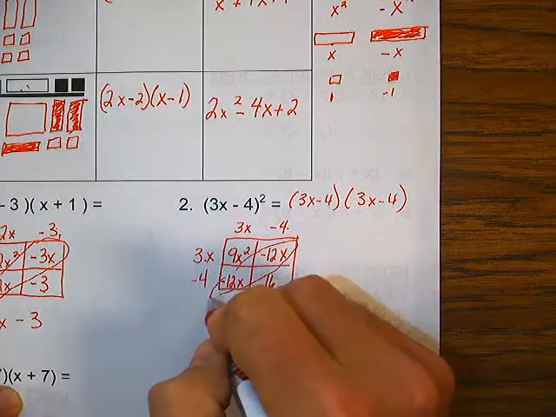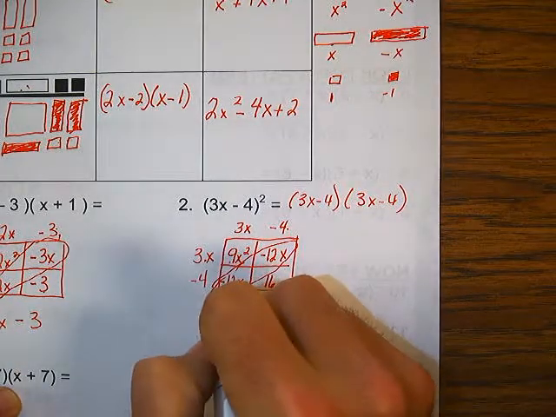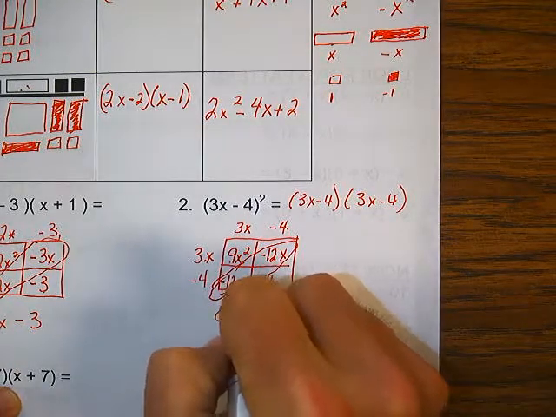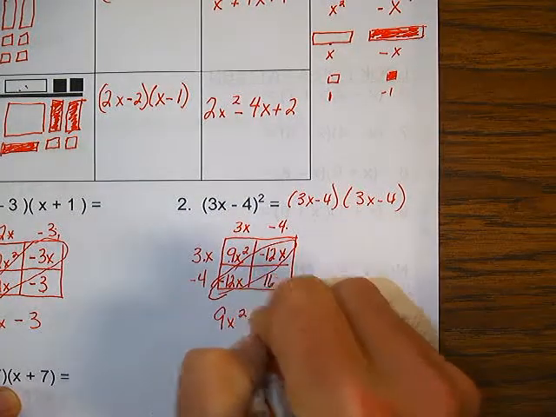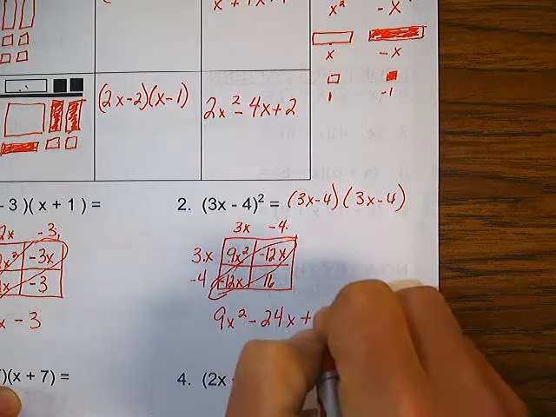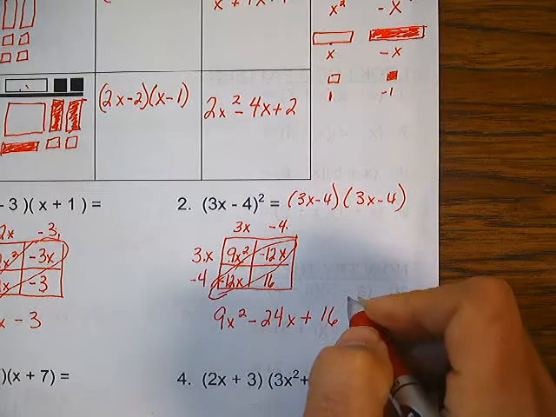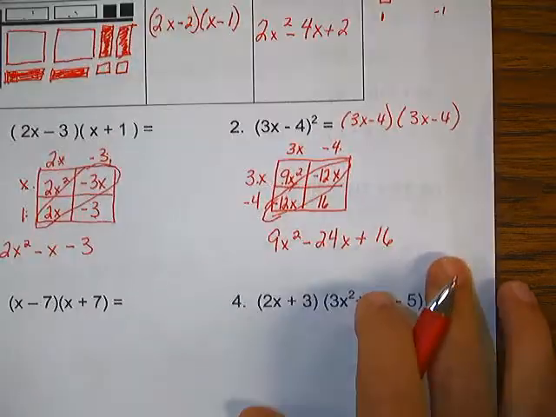Okay, combine like terms, add these up. We have 9x squared. Okay, negative 12 minus 12 more is negative 24x plus 16. Okay, there's my product. Number 3,